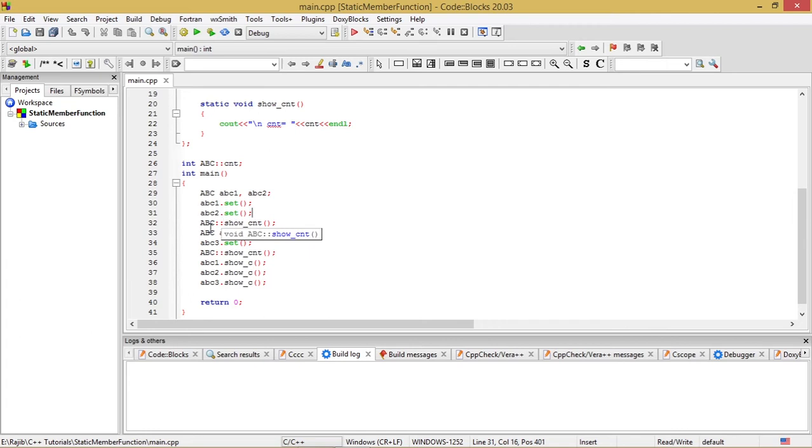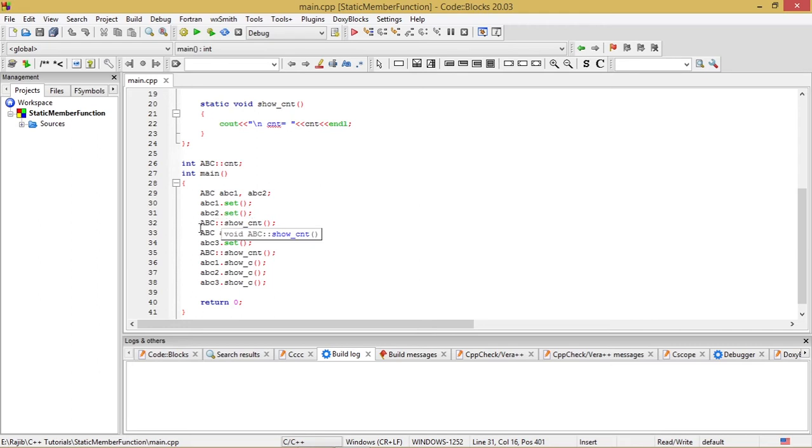But in this case, as I was telling in the brief overview before this program, static member functions are called using the class name along with the scope resolution operator, and not invoked by the help of any object of that class.